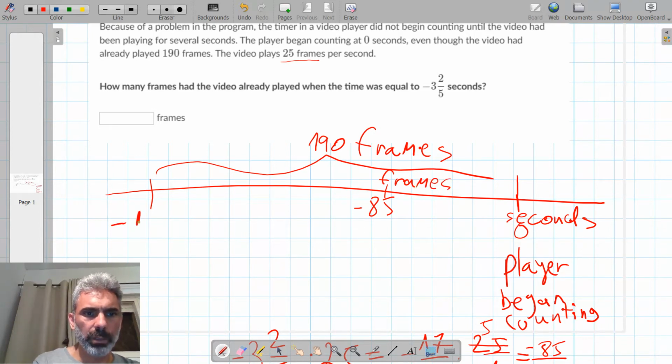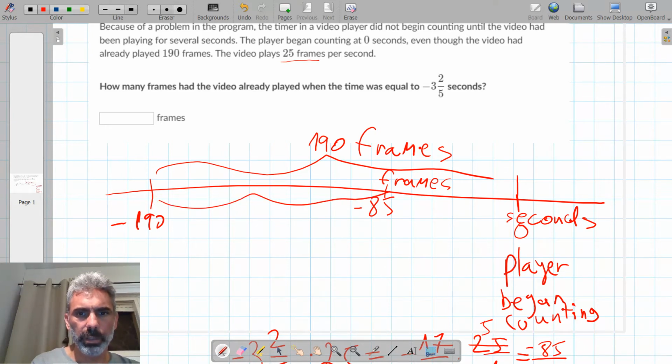So I need to find the difference between -190 and -85. So this is the number of frames that the video had already played. From -190 to -85, this is the number of frames that were already played, and the time was equal to -3 and 2/5. So